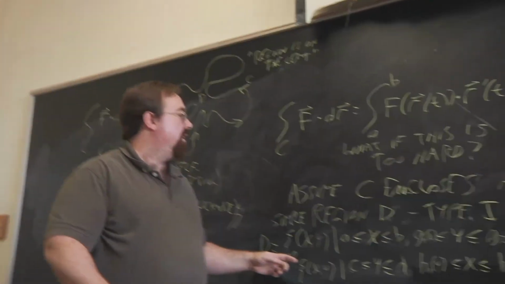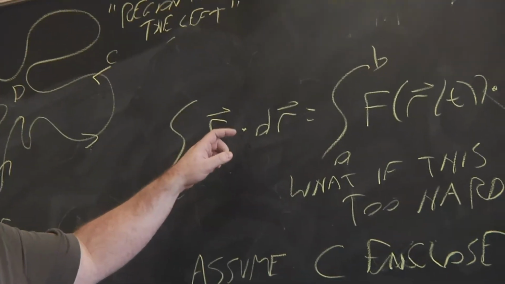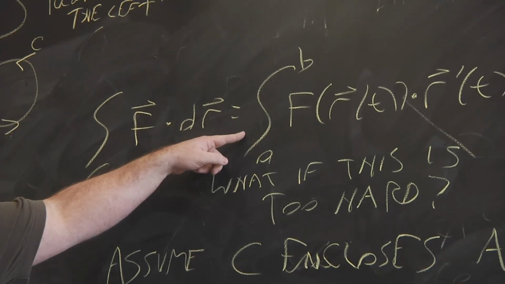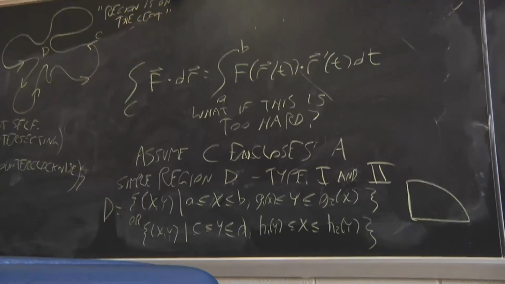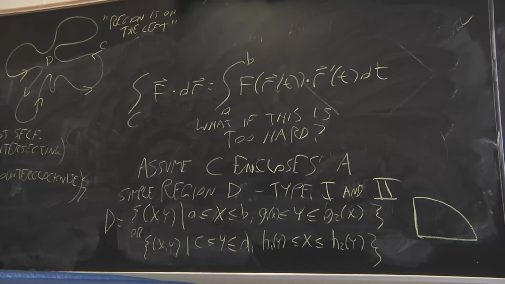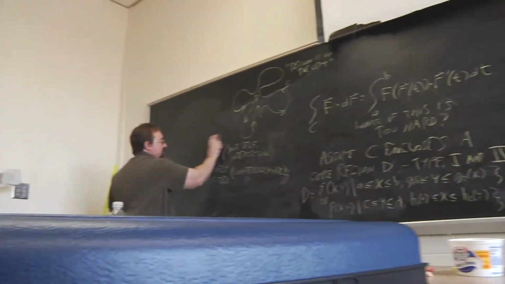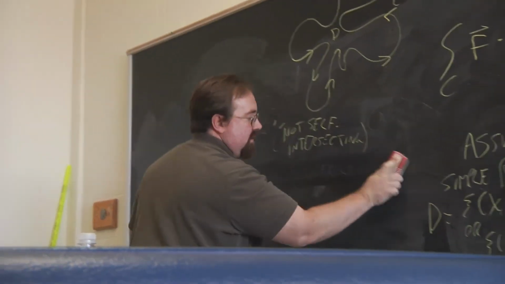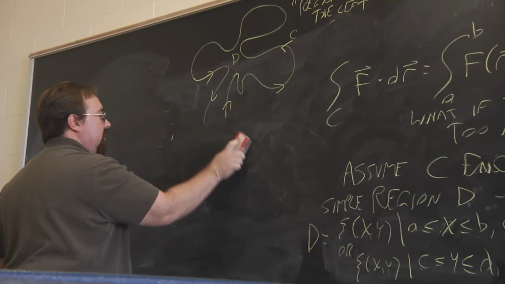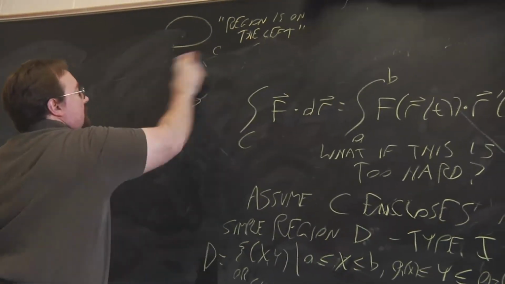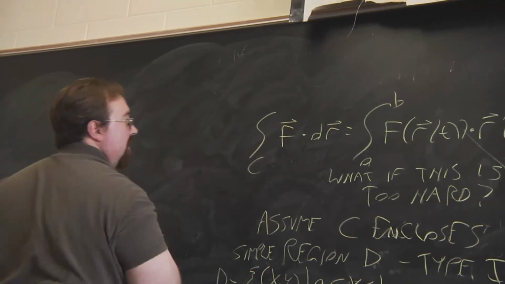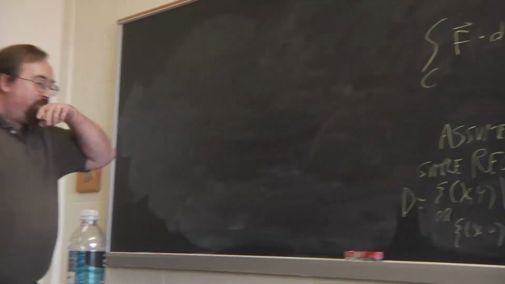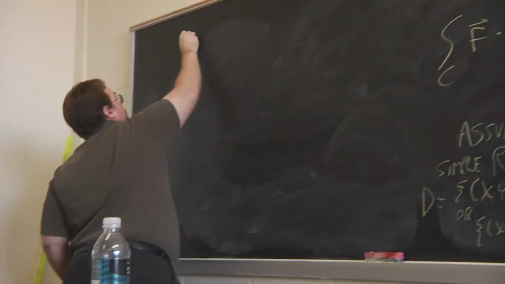So we're going to look at the problem of how you evaluate an integral like this when C is a closed curve and it's a region like this. Now, we'll assume that f is